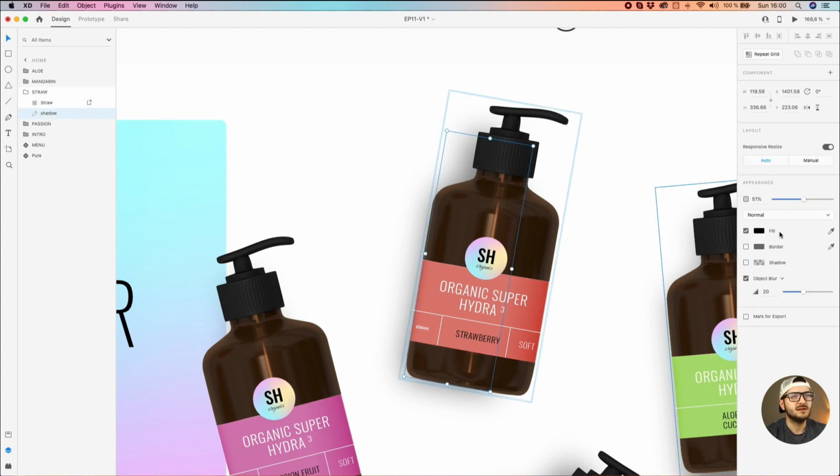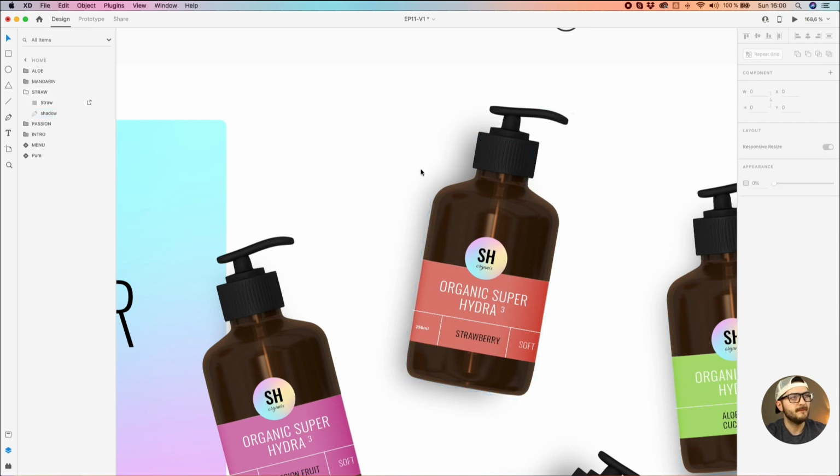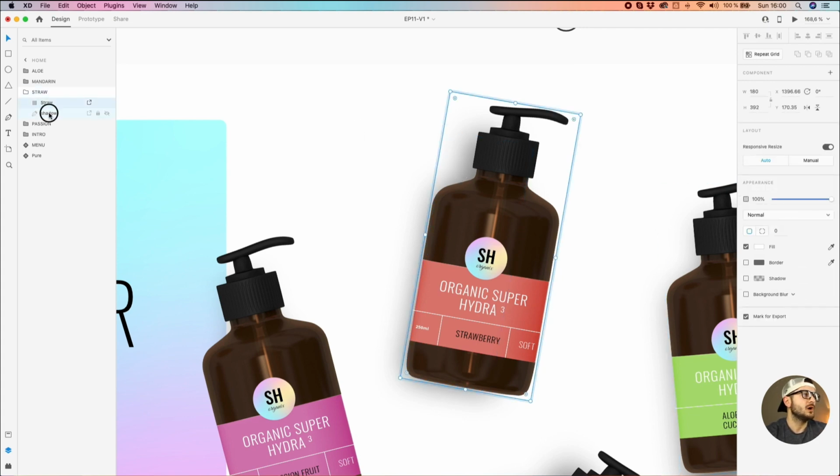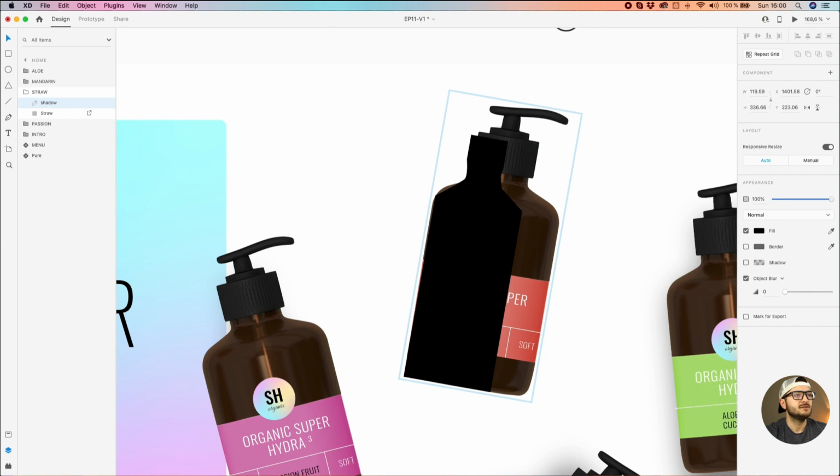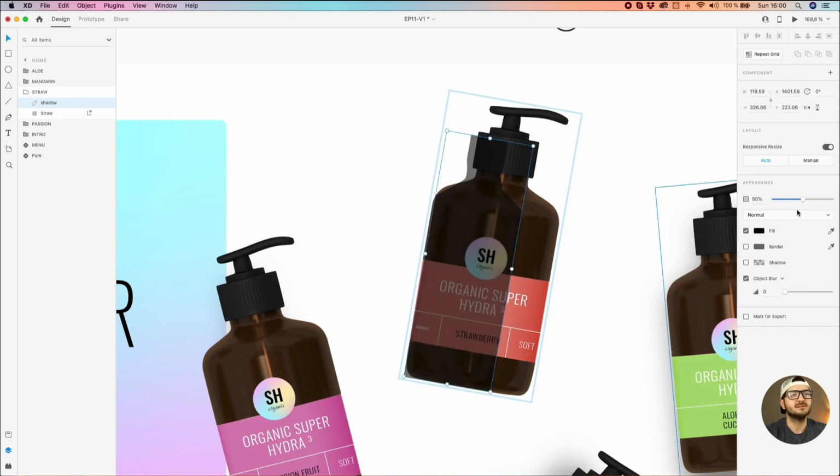And you can see I created the path, full black, 50% opacity, added an object blur and 20 pixel radius blur for the shadow. The path is very, very roughly in the shape of the bottle. And just quickly, you can see not even close to the bottle. Let me put it back to 20